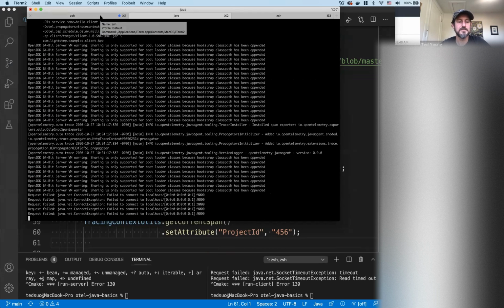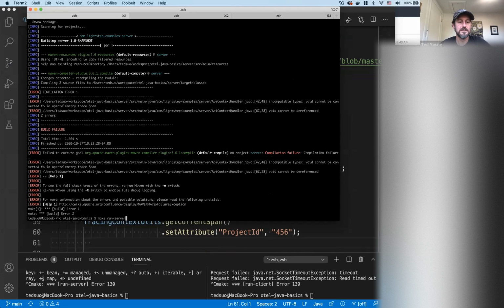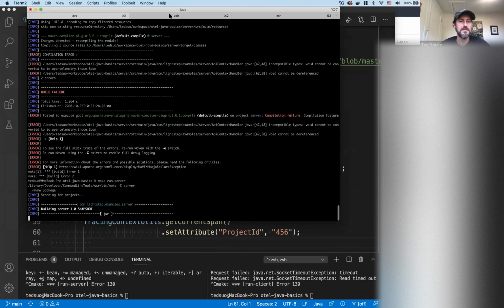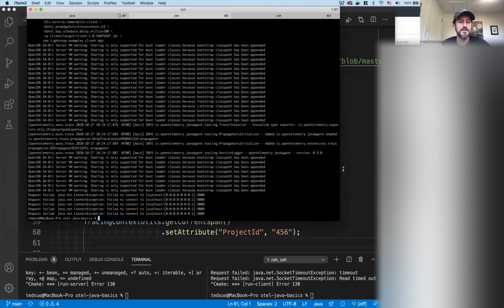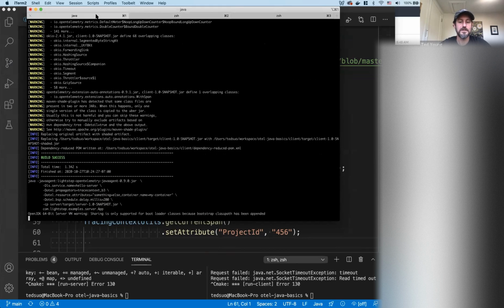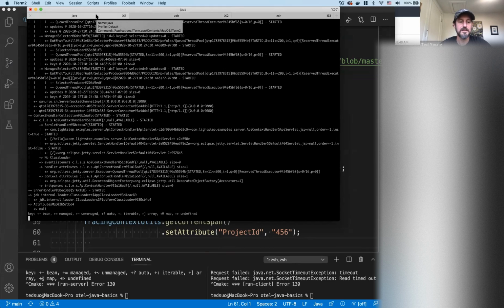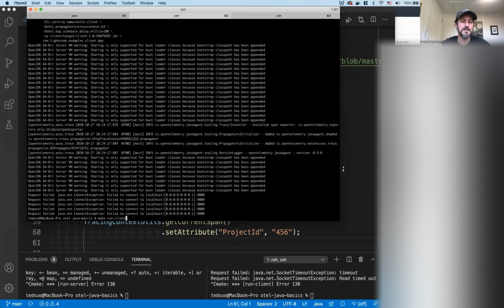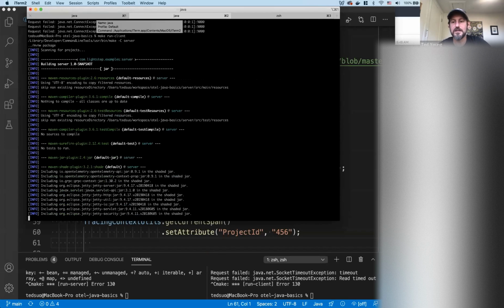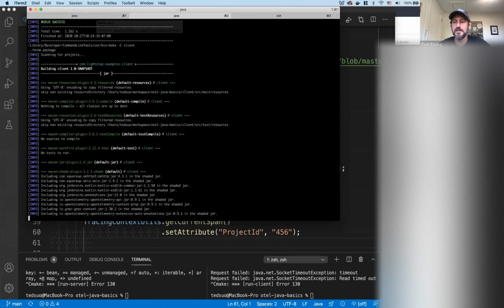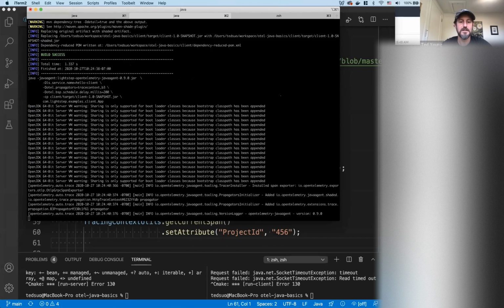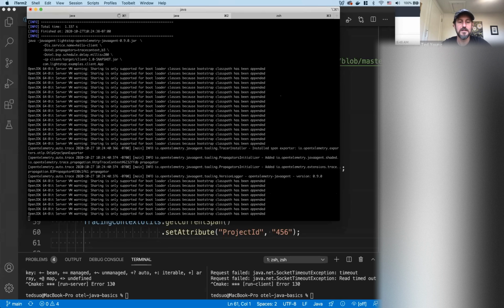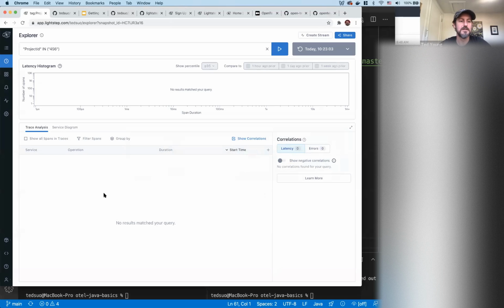Creating some more data. That guy running, and then running the client. And then we need to just wait for it to flush the data. There it goes.